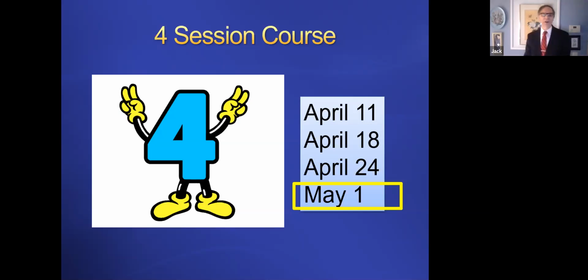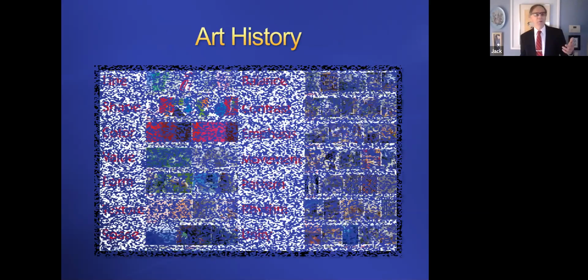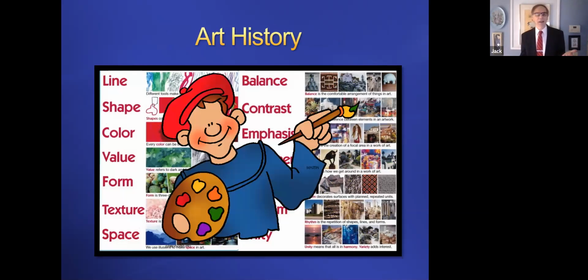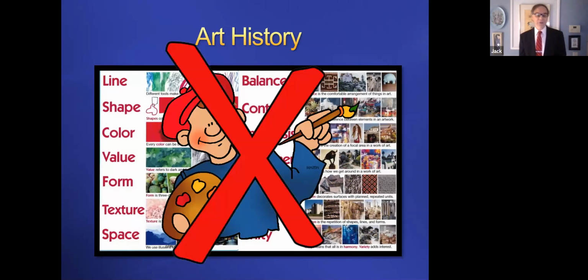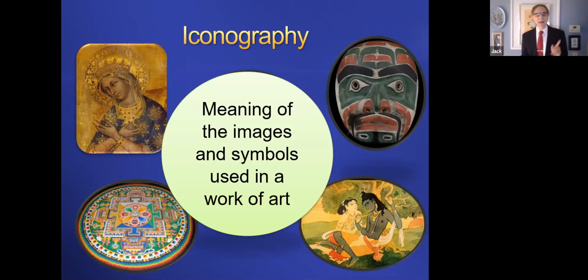Now, just as a review for anybody that's joining us for the first time, this won't be a typical art history or art class where you're talking about different elements of a painting or artwork, looking at the shape and the color and techniques, or the history of the particular artist that did the painting. We're not going to cover any of that. This class is really concentrating on something else that's called iconography, which is the meaning in images and symbols that are used in the artwork.